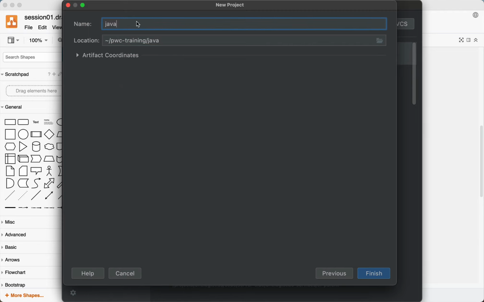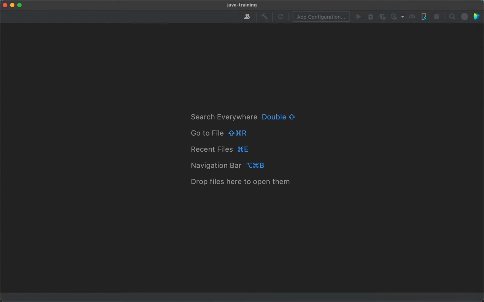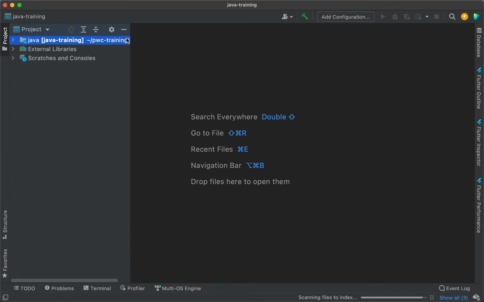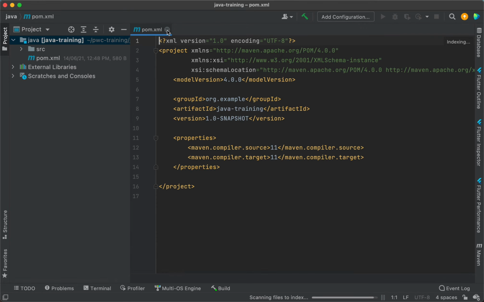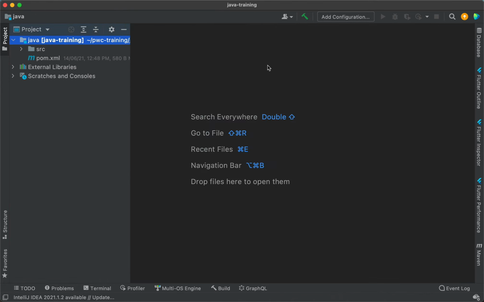Okay, so now a new project is created. We are using IntelliJ. I expect you all also to use IntelliJ during this training program, but even Eclipse or NetBeans or any other IDE is good enough, but nothing like IntelliJ in this world, you know.